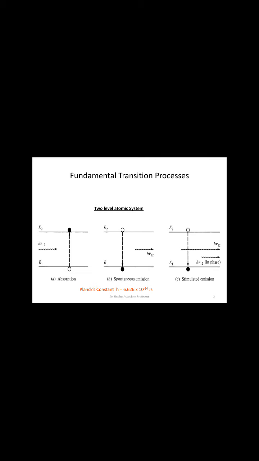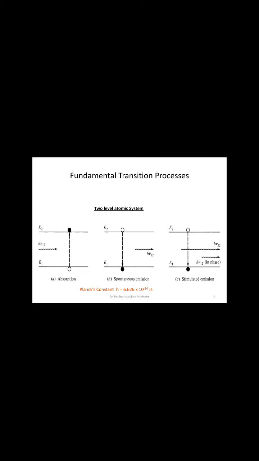All the elements lie in the lower energy state. Then it will be excited to the higher state. It cannot remain in the higher state for a long time. It has to come back. When it comes back, it will try to emit a photon. That is what is called the absorption technique. The emitted energy is in the form of light, which we call a photon, carrying an energy of h into v. h is Planck's constant and it takes the value 6.626 into 10 power minus 34 joule second.